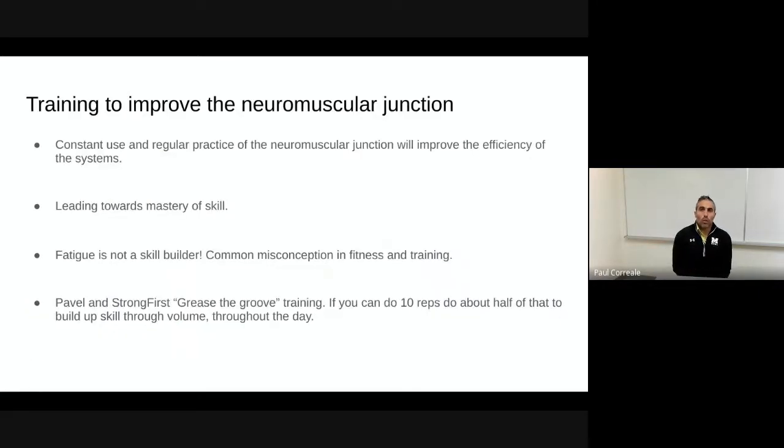Now, when we look at trying to train this neuromuscular junction, a term that's thrown out there a lot is muscle memory. You have muscle memory, and this is not incorrect. It's a function of practice and training. I'll talk about this term later on, but you've greased the groove of that movement so many times that your nervous system, even though it's a voluntary contraction, is working so smoothly and effortlessly to perform that contraction or that exercise, whatever it may be.